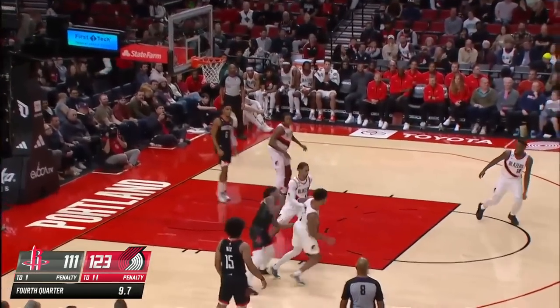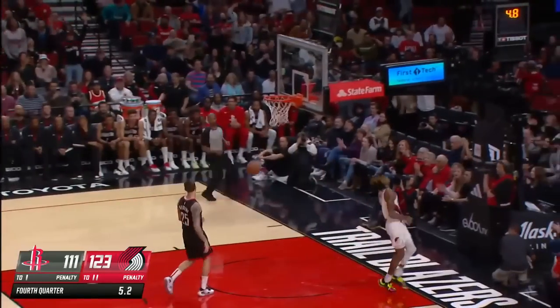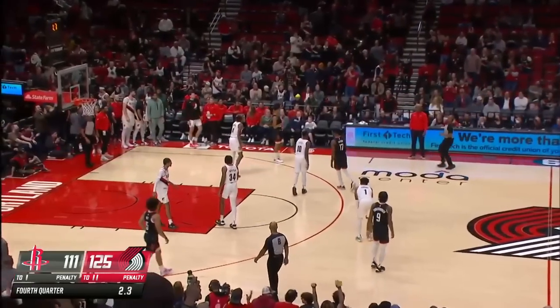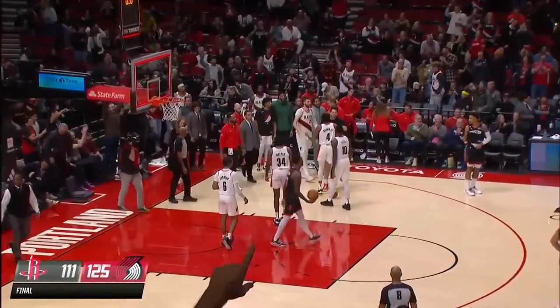Christopher comes away with it. Try to slide a pass over there to Martin. Broken up by Simons. Out ahead. Here's GB3 between the legs with a right-hand slam. And he's looking at his point guard, Anthony Simons, first. And he's mad at Anthony for throwing GB the ball. And Anthony